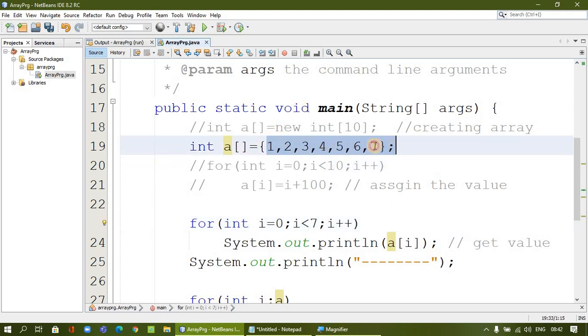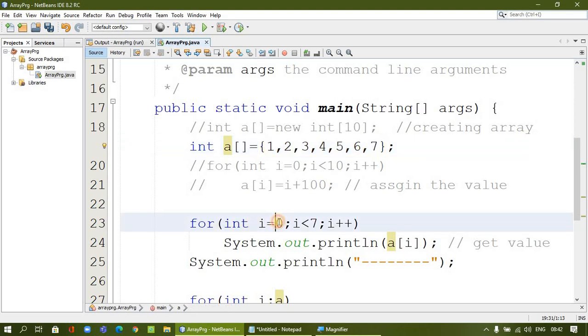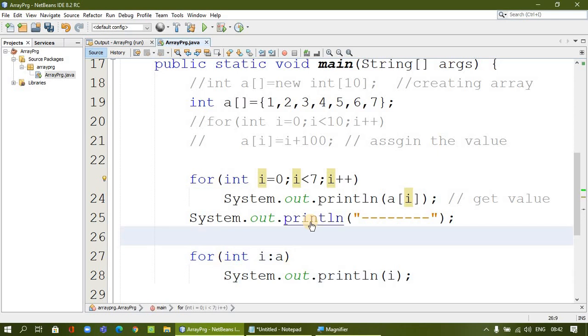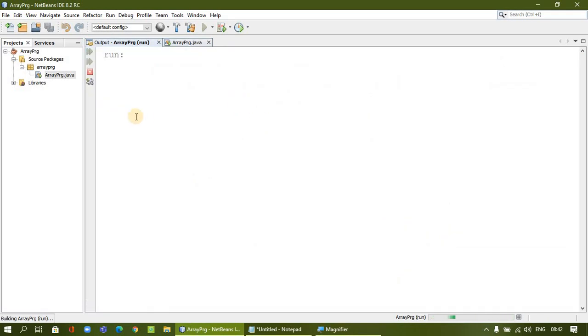Total of 7 numbers only here. So since it starts at 0, no equals here, less than 7 only, because it starts with 0, so we need not have less than or equals, up to 0 to 6 only. Okay. So let us check this. So it will be assigned in the same way, but we are using the other way of assigning the values.